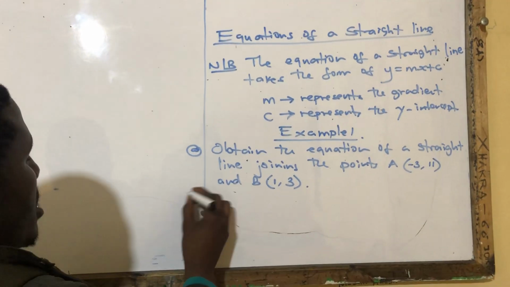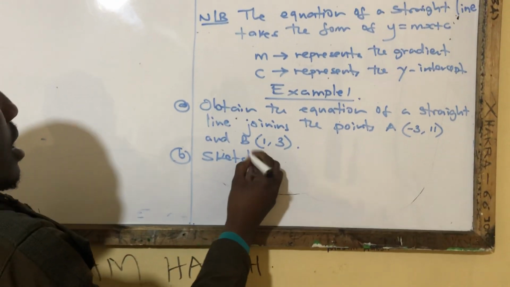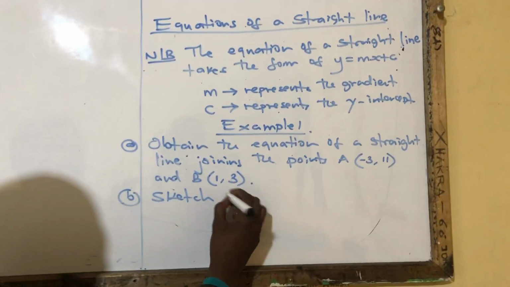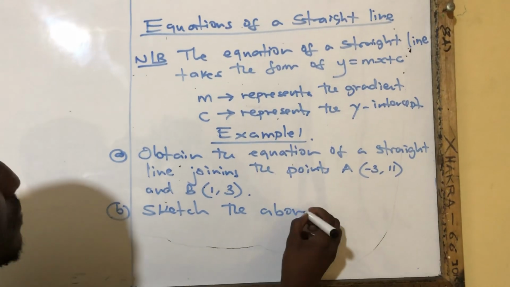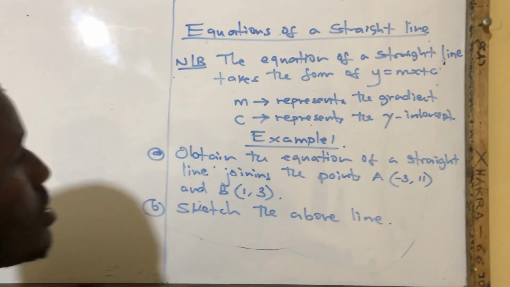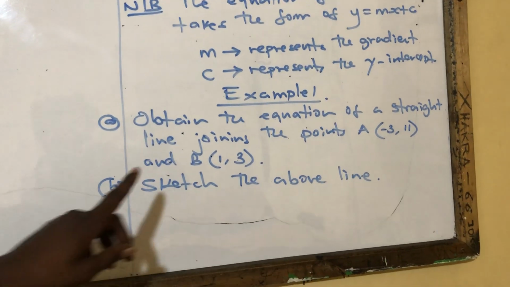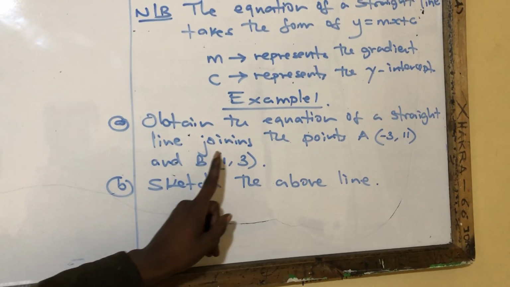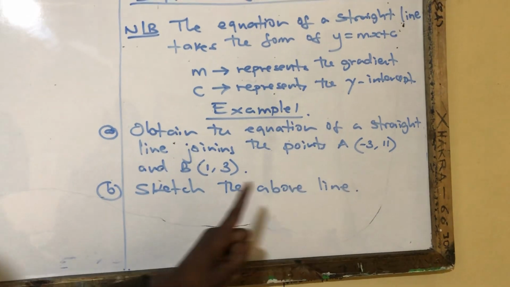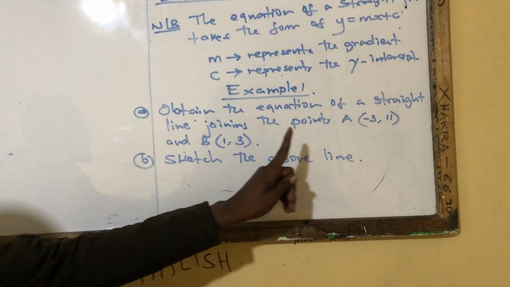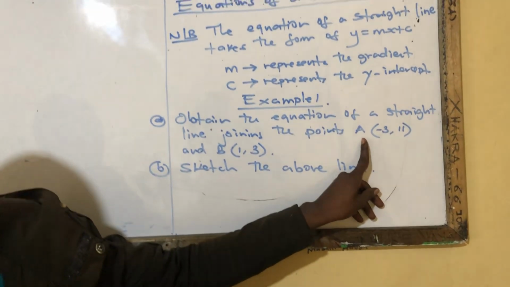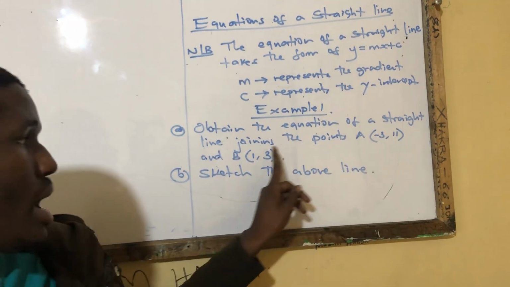Then in my second question, I'm going to request you to sketch the above line. I request you to sketch that line. I want us to obtain the equation of a straight line joining the points A, which is -3, 11, and B,